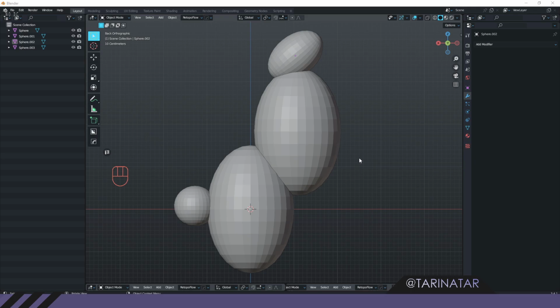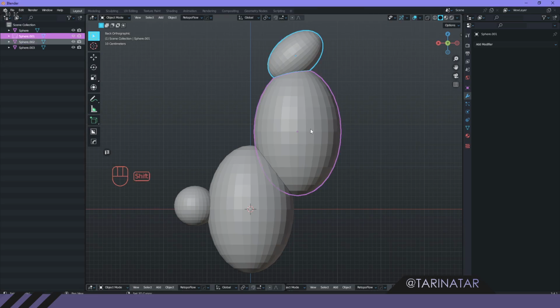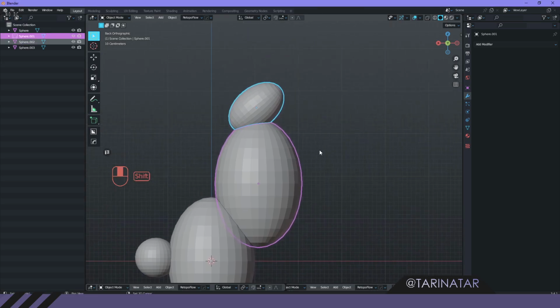The word merge doesn't really exist in Blender. Instead of that, we have two tools that we can use to combine objects. First one being join. The join command will join objects together while keeping the meshes as separate, which in practice